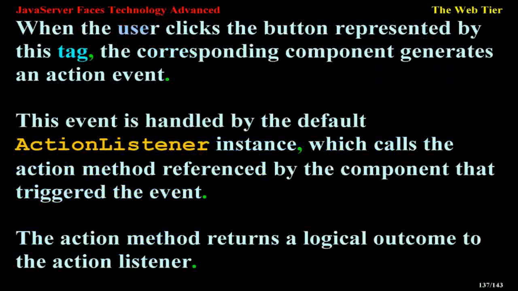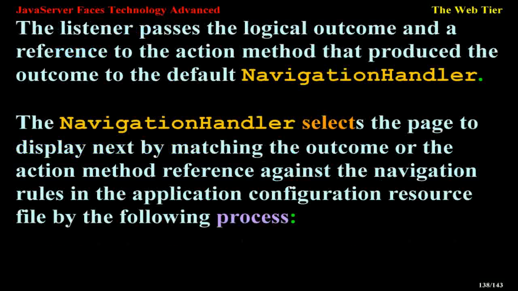When the user clicks the button represented by this tag, the corresponding component generates an action event. This event is handled by the default ActionListener instance, which calls the action method referenced by the component that triggered the event. The action method returns a logical outcome to the ActionListener. The listener passes the logical outcome and a reference to the action method that produced the outcome to the default navigation handler. The navigation handler selects the page to display next by matching the outcome or the action method reference